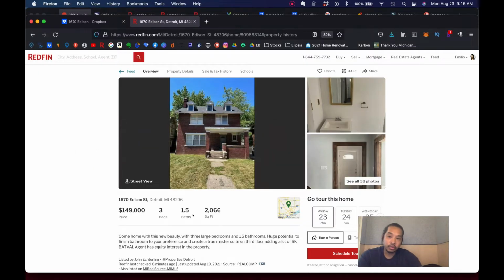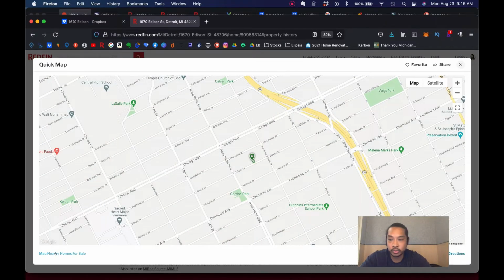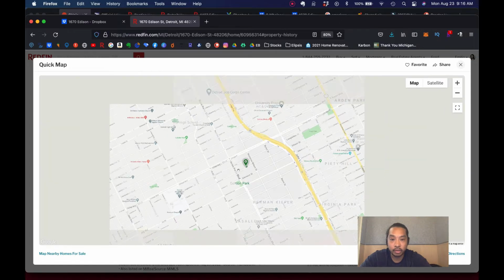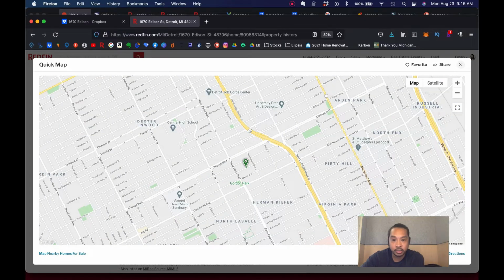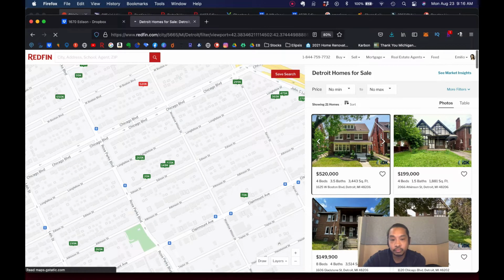So if we're on Redfin, we know that this is a 1.5, 2,000 square feet brick. So 2,100 square feet. Here's the map of where it's located, and this is actually a really decent area. You're south of Chicago, you're east of Linwood. Nice little area here. So if we click on map nearby homes for sale, what I like to do is